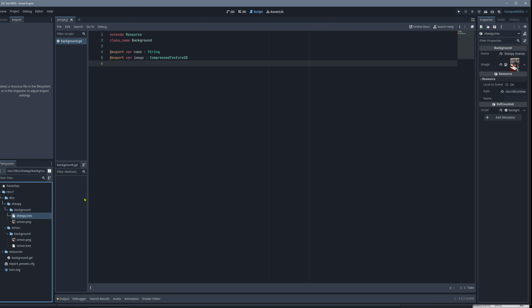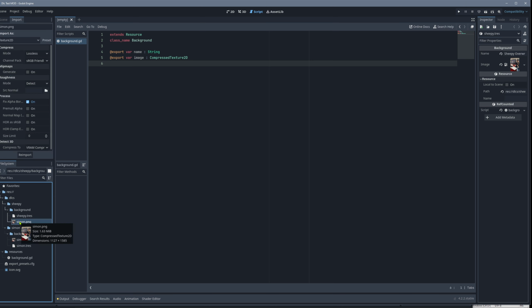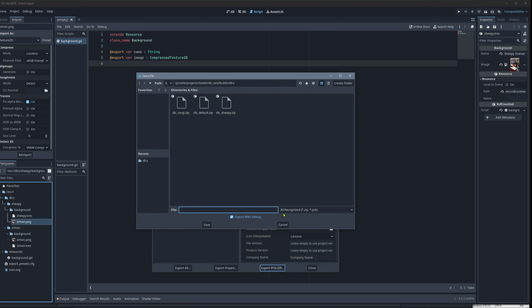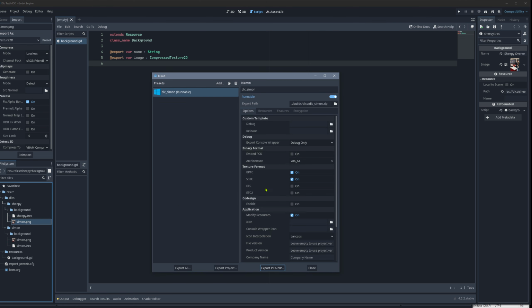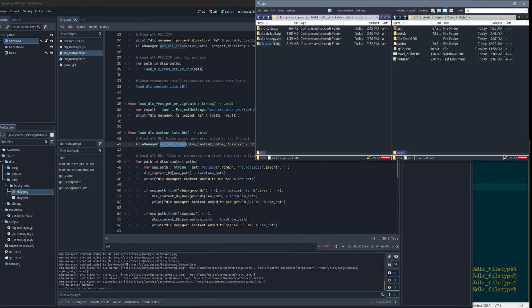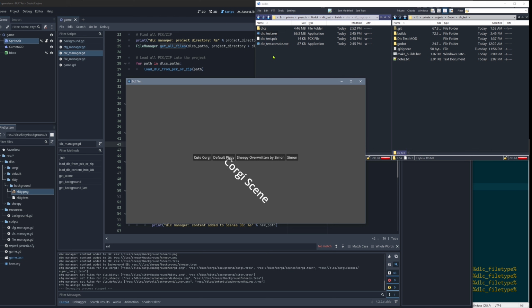And this basically external DLC shows an image from me, and I just exported it as a pack, and I exported it here in this directory where my other DLCs are. So now we see that here there is my DLC Simon, and this is not coming from the original project. This is something completely different now. But still, when I open my